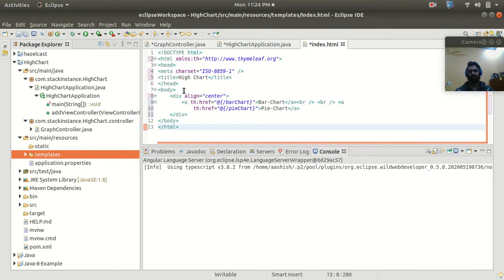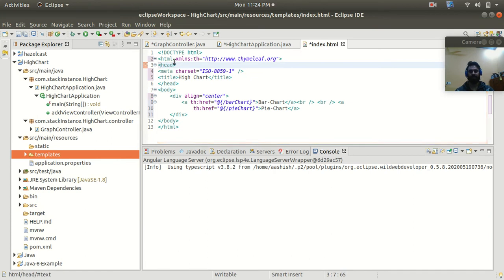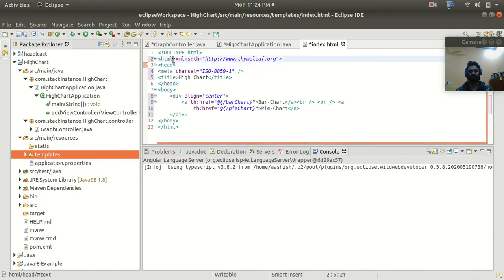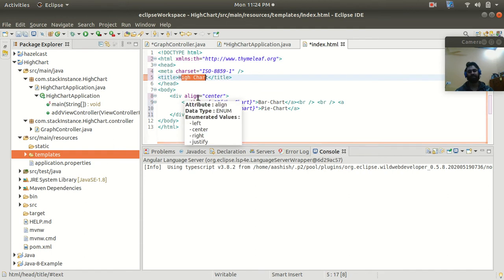Here you can see that this is the index.html, and here I'm using Thymeleaf. That's why we have to provide the path of Thymeleaf as www.thymeleaf.org, and the title is Highchart, aligned at center.